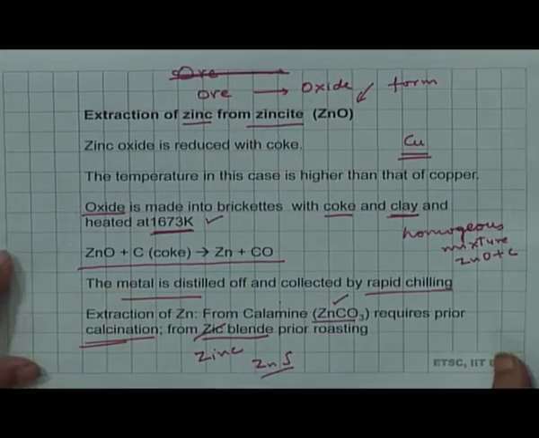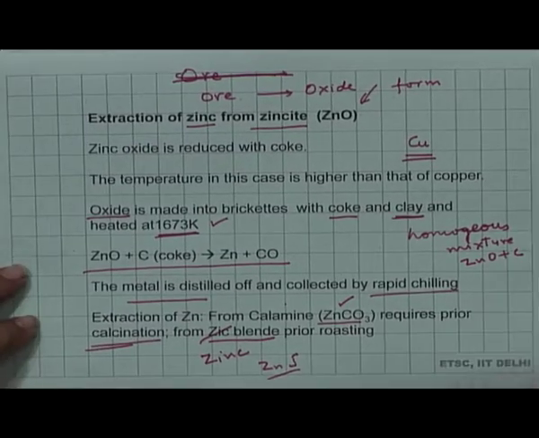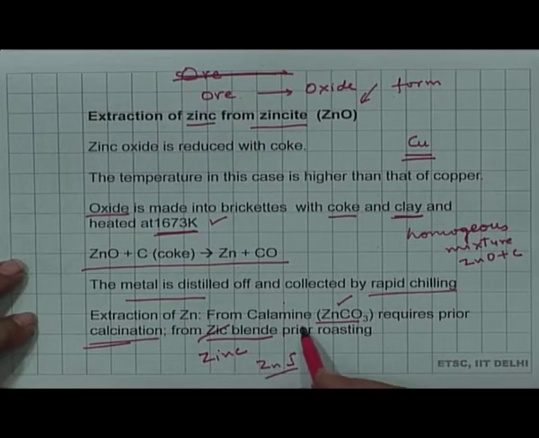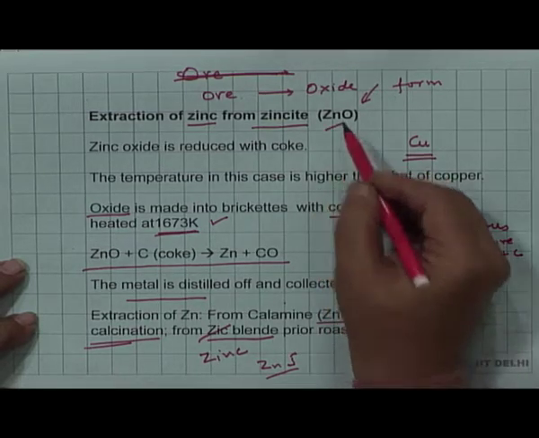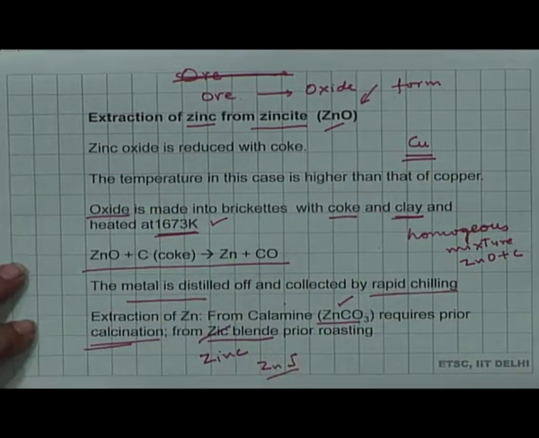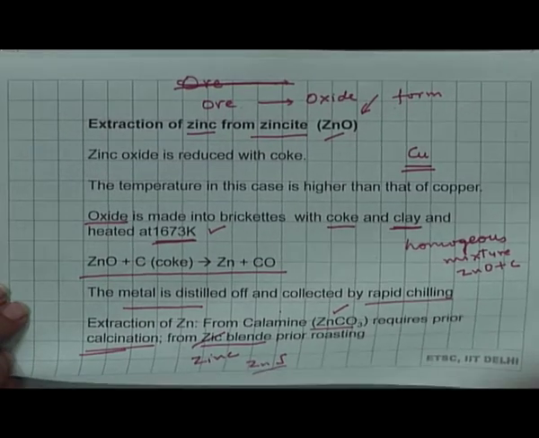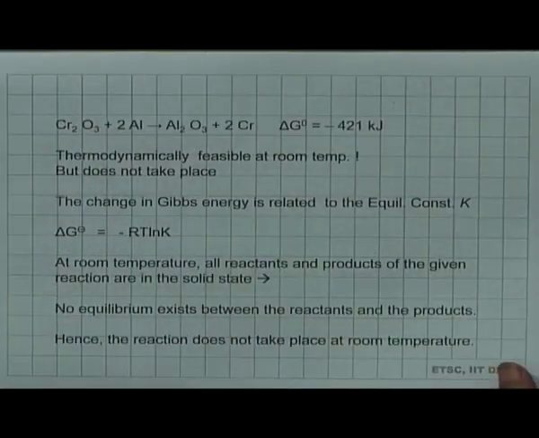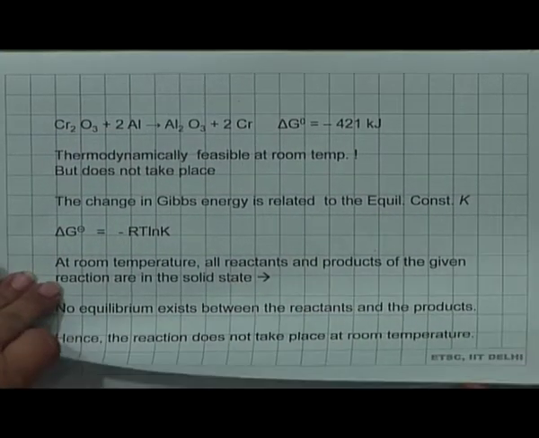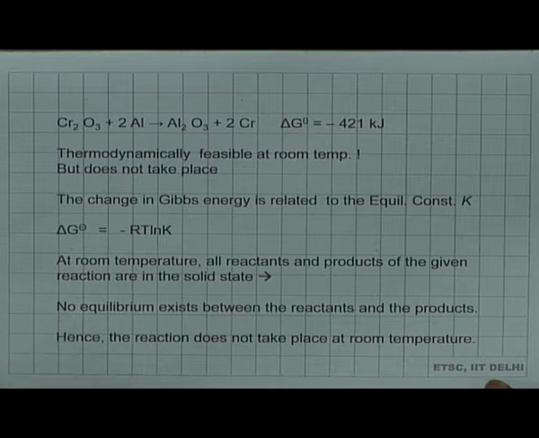And once these ores, calamine or zinc blende, are converted into zinc oxide, the same procedure can be used for extracting zinc from the zinc oxide. A very interesting anomaly I would like to point out,